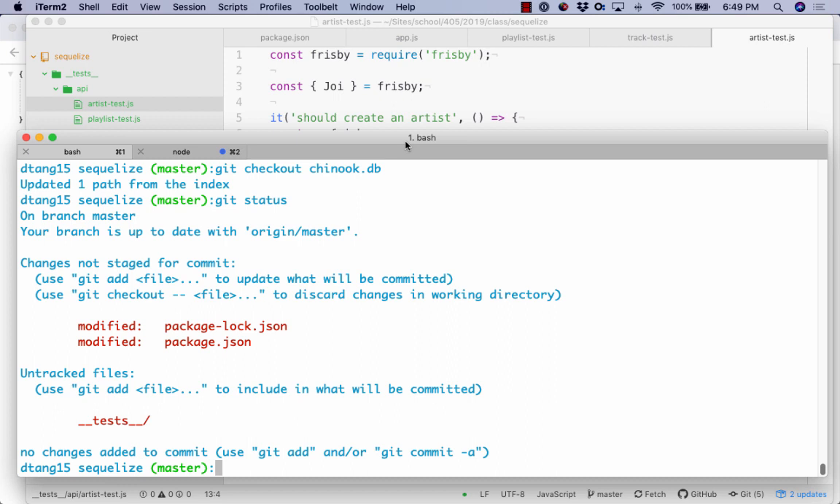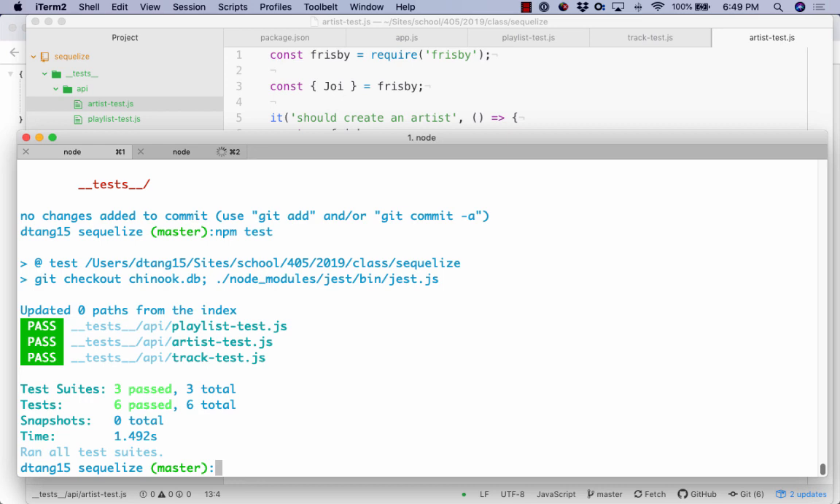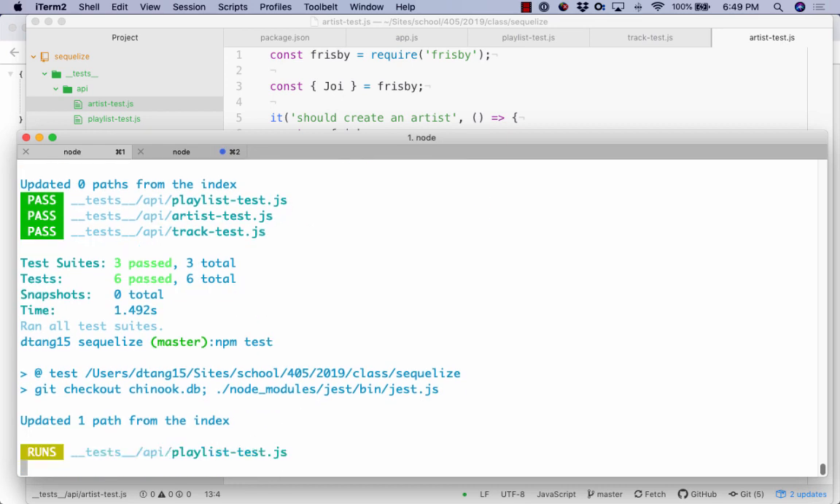Okay, so now that we're rechecking out the database, we're relying on Git to do that, so kind of handy. So we'll just run npm test. All our tests pass. If I run it a second time,